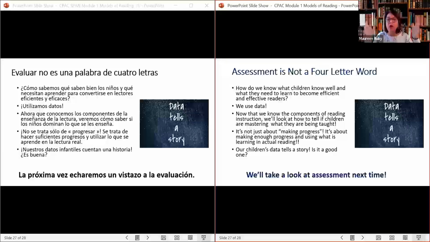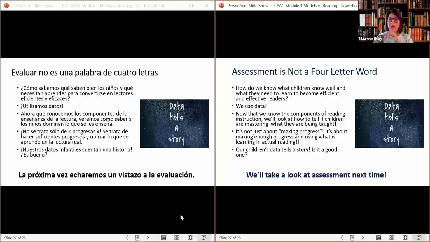And so we're going to talk about that model and how assessment is not a four-letter word. It is not a bad thing. How do you know what kids know well and what they need to work on if you don't know about all those components and how you can check for them? That's why data, and data is a plural word, data are so important. So now that we've looked at these components of reading,